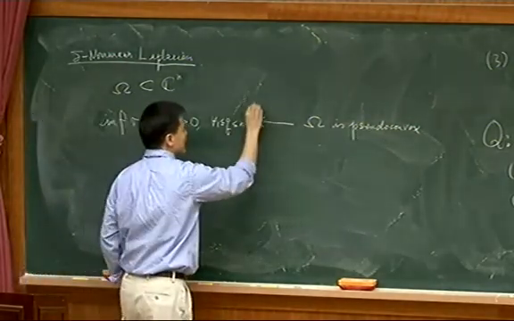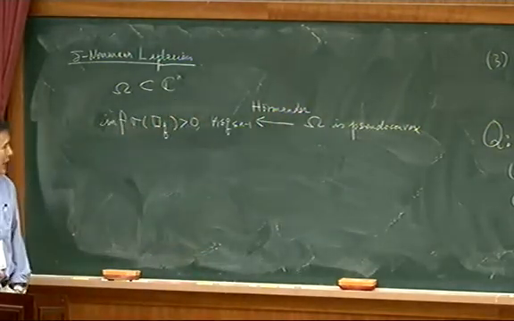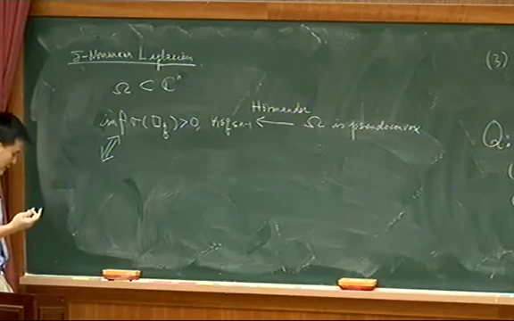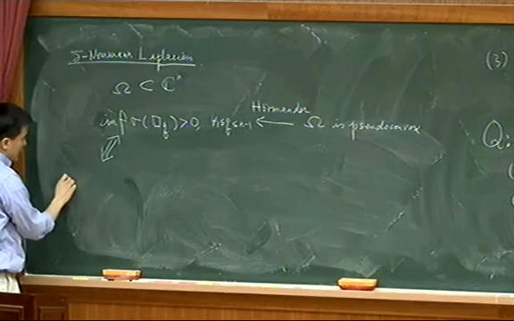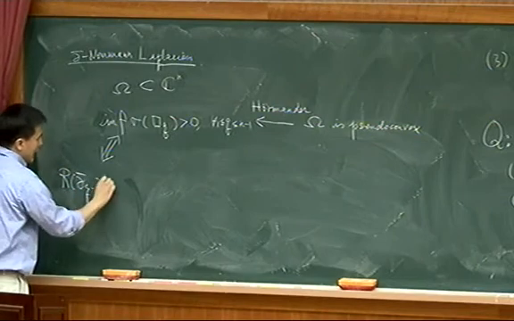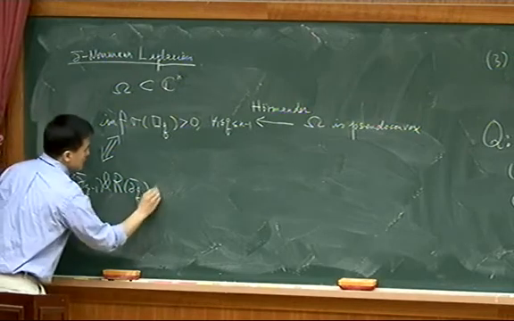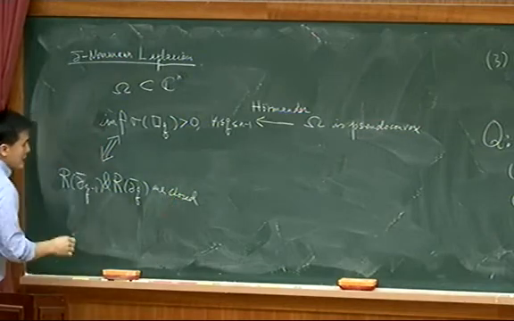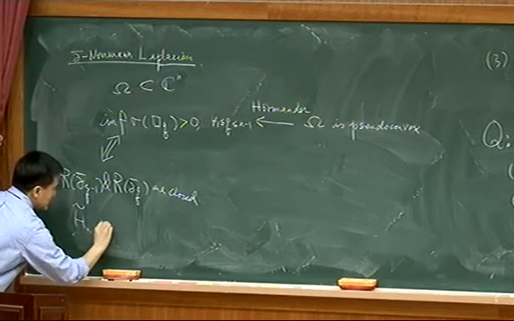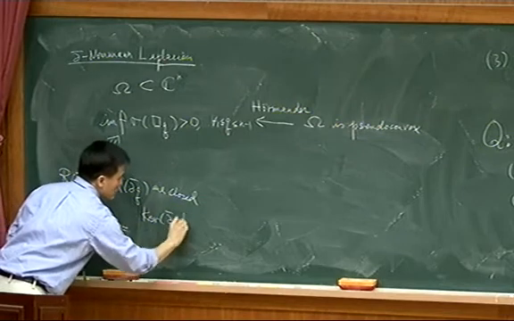This direction is just a reformulation of homogeneous L2 estimates for the dbar, because the infimum of the spectrum being positive is equivalent to saying that in this case the range of dbar on (0,q) forms is closed, and the L2 cohomology on (0,q) forms, which is just the kernel of dbar,